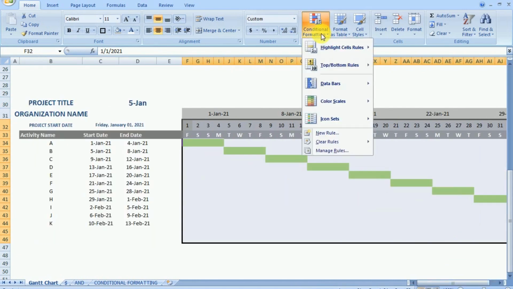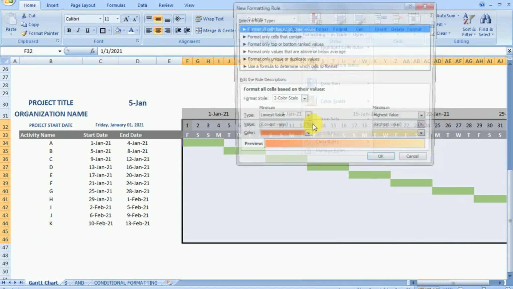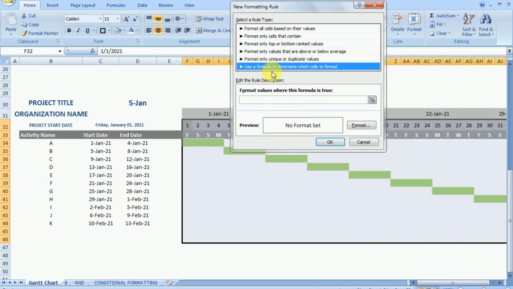Now we will select the area in which the bar chart and the date are there. We'll again go to conditional formatting and use a formula. So our formula should be wherever our time period date is equal to 5th January, then there should be a format change. Now what should be the change in format?